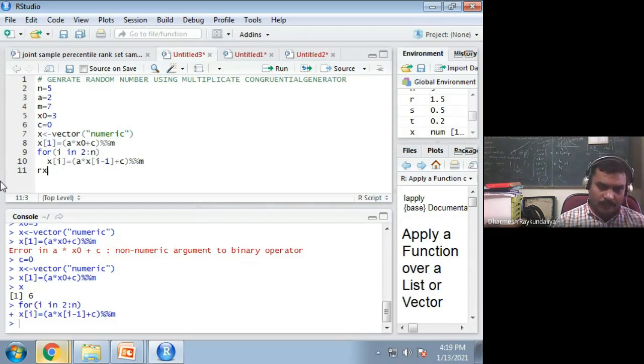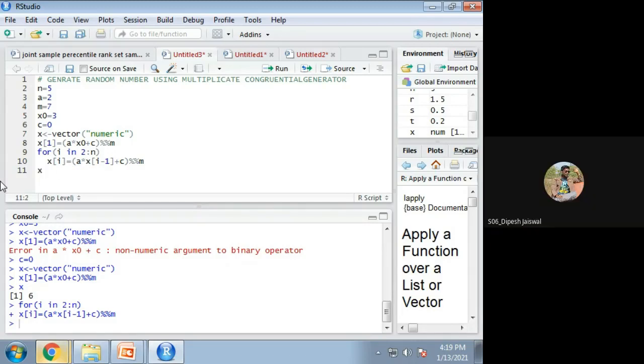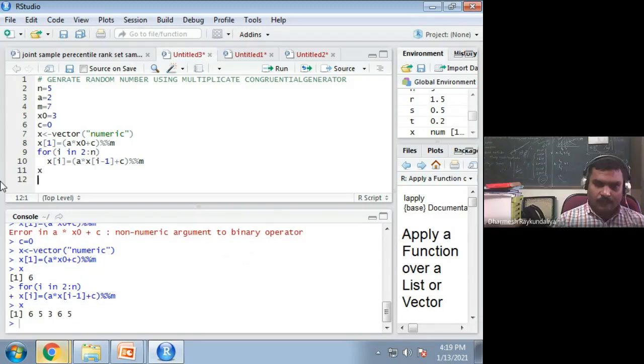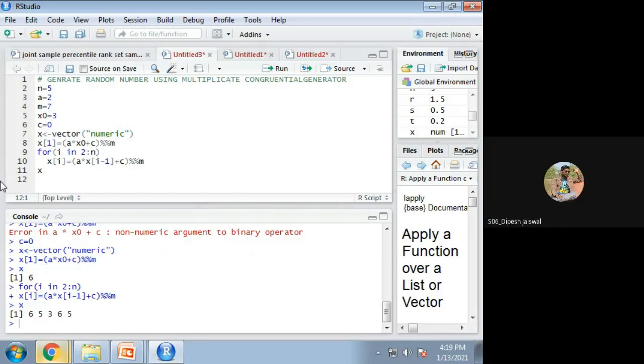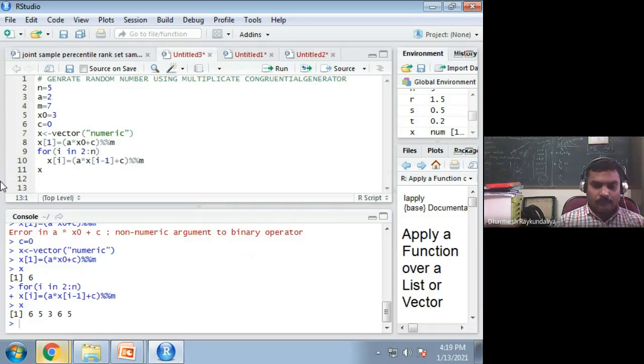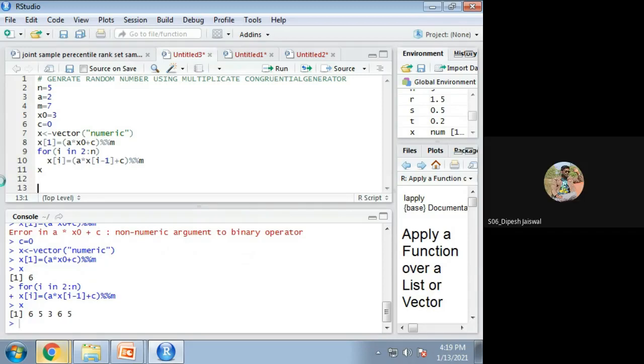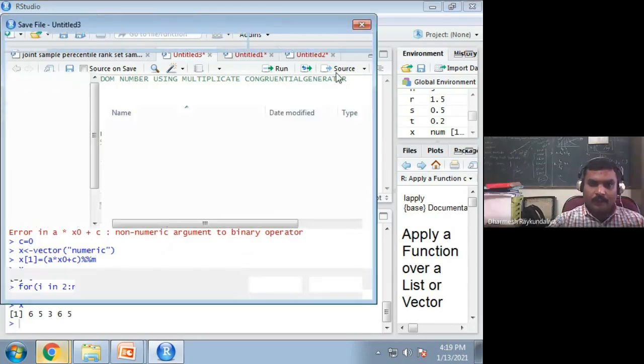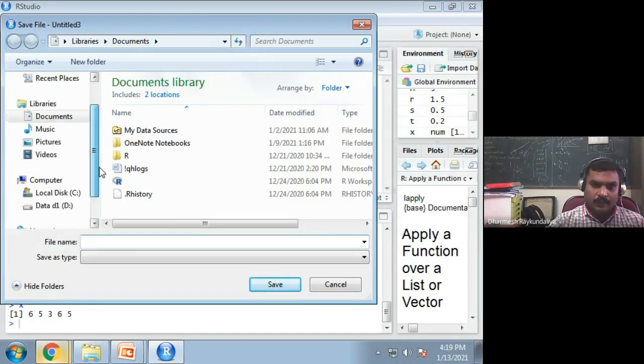If I am not combining, let us see. It will work, I think. So 5 numbers have come. The first is 6, second 5, third 5, 6, 5, 3. Then it is repeating, sir. The period length is 3. Yes sir, the numbers repeat. When we did it manually, it was also repeating. Why? Because this is of the size of M.